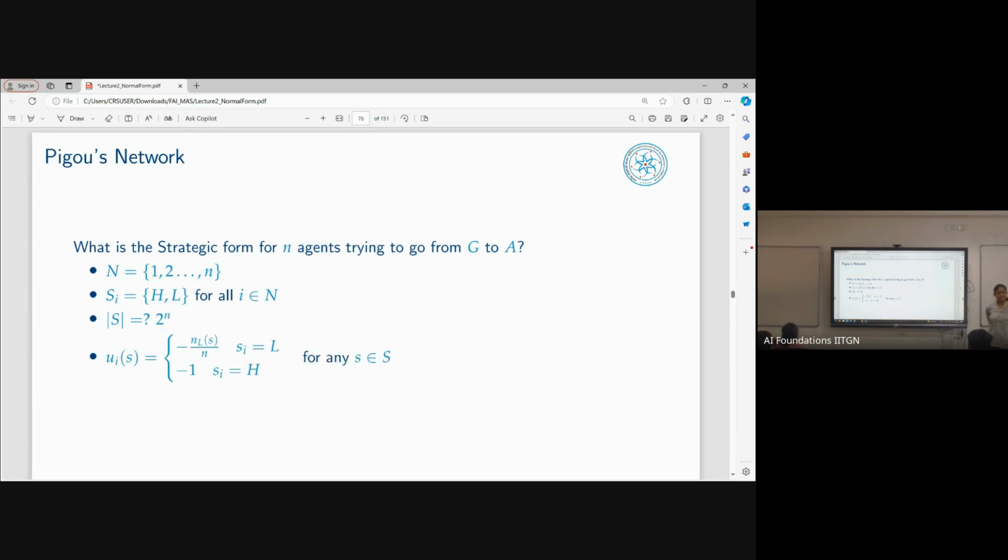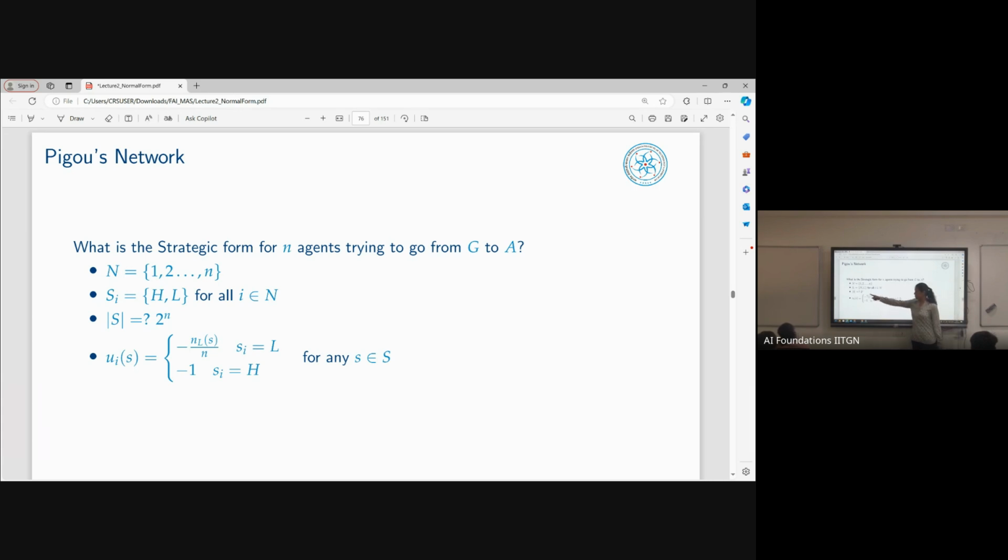And this is how you will define the utilities. So for the utility of any agent i, for a particular strategy profile s. S is the big set of strategy profiles, which means every possible strategy that each of the agents is taking. Out of all those strategy profiles, I have picked one s, right? If I pick one s, that means I have fixed the number of agents who are taking the highway and the number of agents who are taking the local road. Now, what is that number? So N_L(s), for a particular small s, N_L(s) is a fixed number. That's the number of agents who are taking the local road.